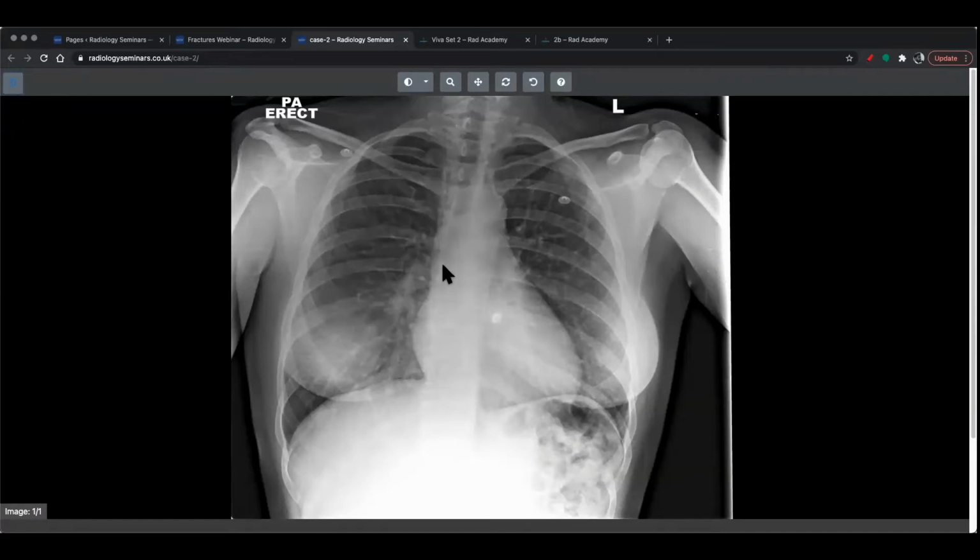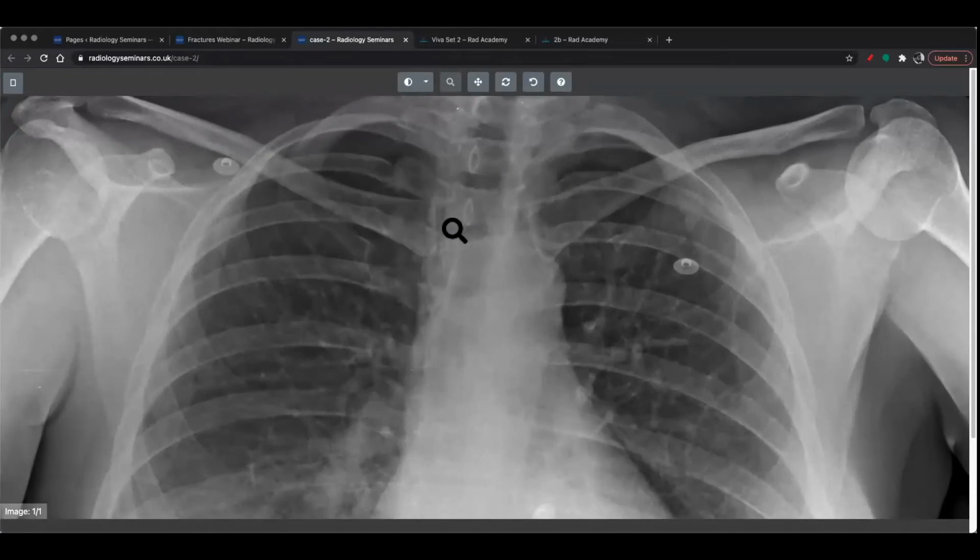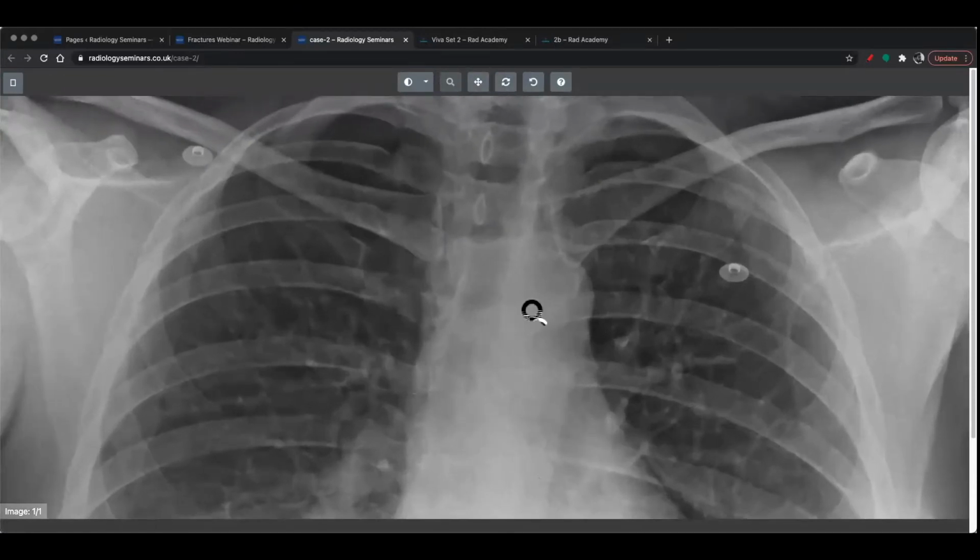So let's say, for example, you haven't seen the problem. You haven't seen any abnormalities from the outset. You think, okay, this looks like a normal plain film. Well, let's use our check areas. Let's use what we usually would use. Let's have a look at the lung apices. They look all clear. There's no evidence of any